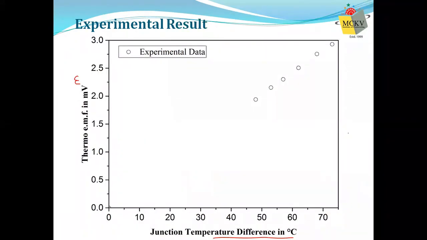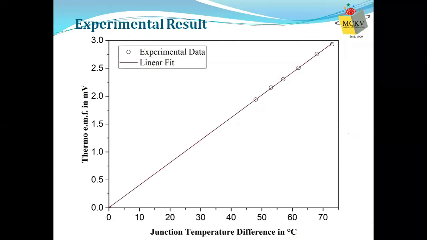So if you fit these points and pass a graph, the graph must pass through origin, because you know that with 0 temperature difference, the EMF must also be 0. So if you draw a graph so that an equal number of points lie on either side of the line, this is the kind of graph that you would see. See, the graph is passing through origin. This is what you have.